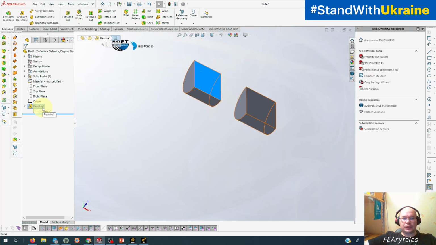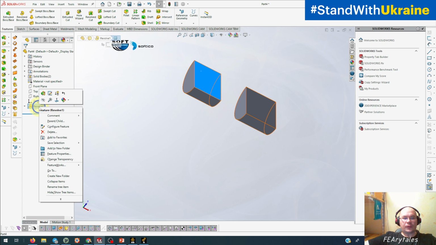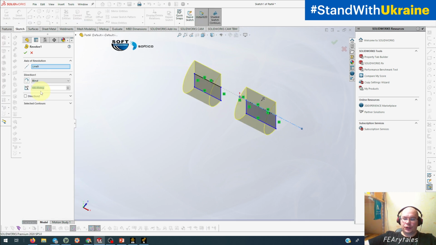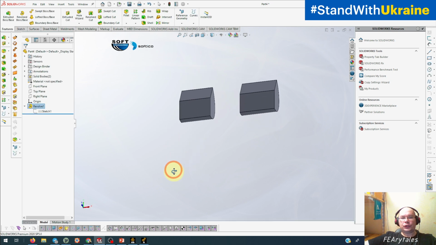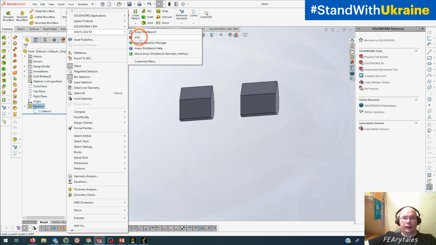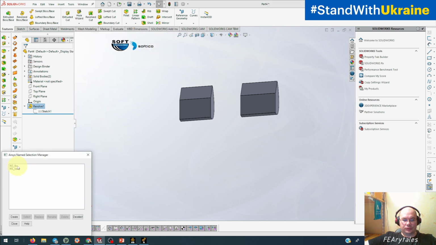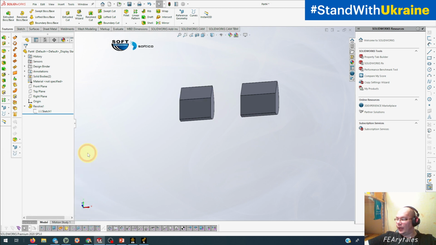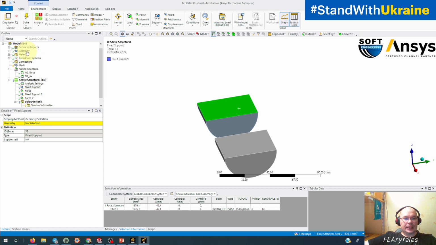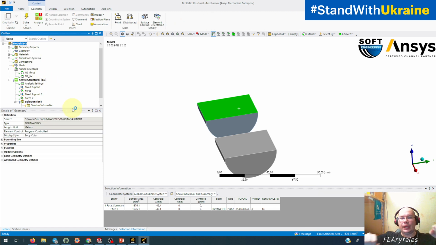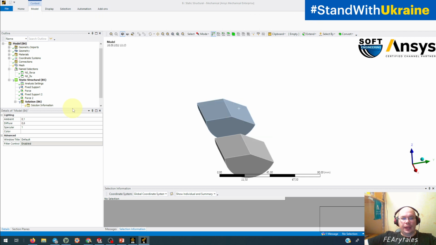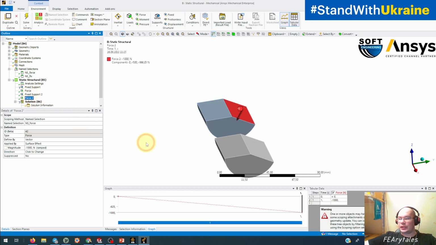Okay, let's do some changes. Let's return to 150. Okay, we have two different surfaces, and if we use named selection, we can see that we have here different faces. Okay, that's good. Let's update this geometry. We update this geometry, and we will not have problem with named selection,